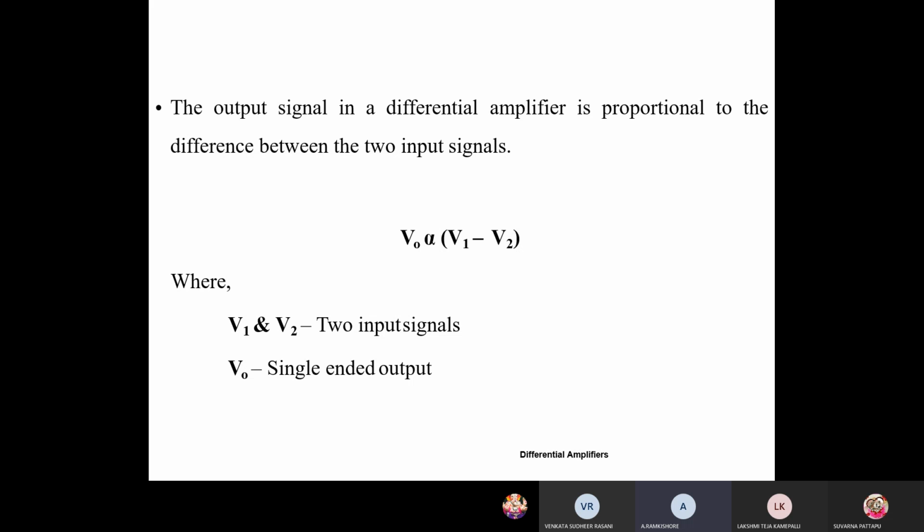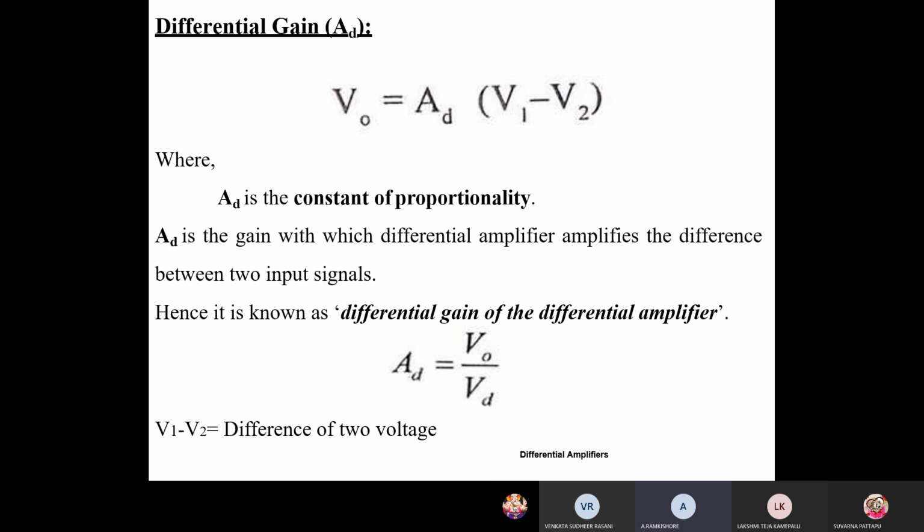Generally the output of a differential amplifier is V0 equal to V1 minus V2. But the operation of the differential amplifier gives the differential gain and the common mode gain. In differential gain, in an ideal differential amplifier, the output voltage is directly proportional to the difference between the